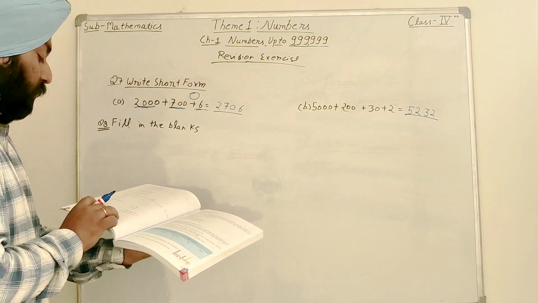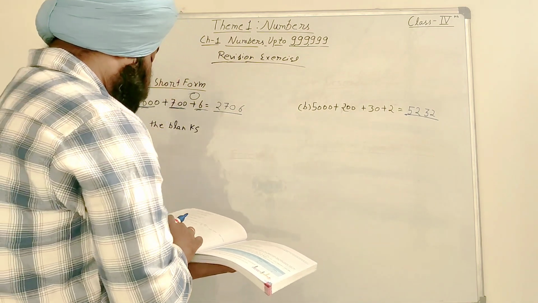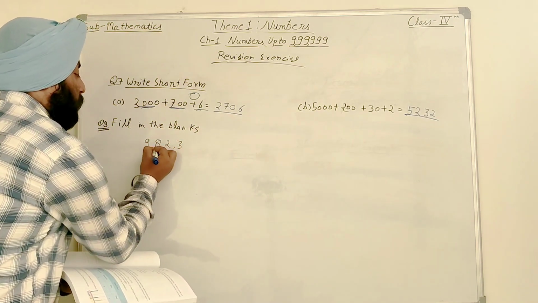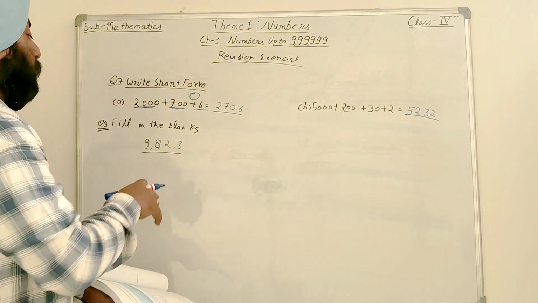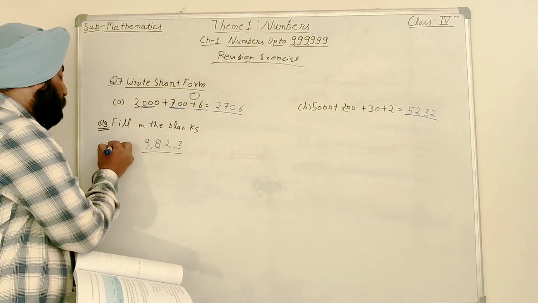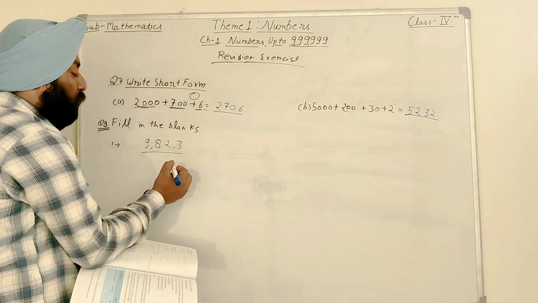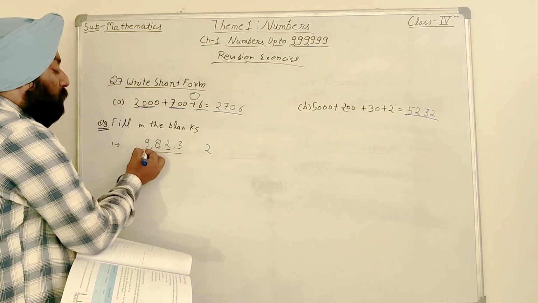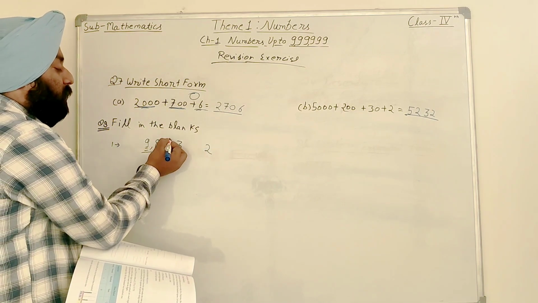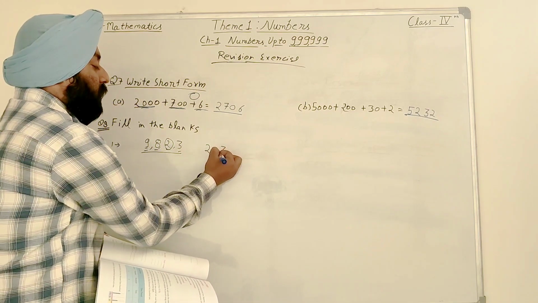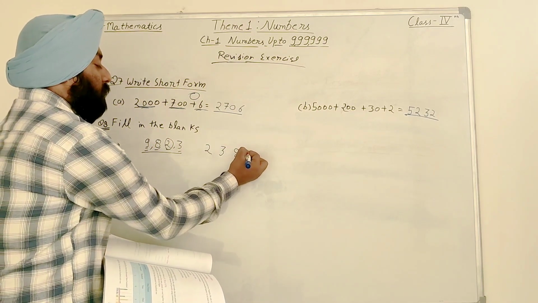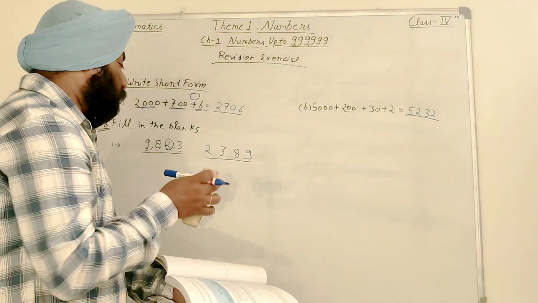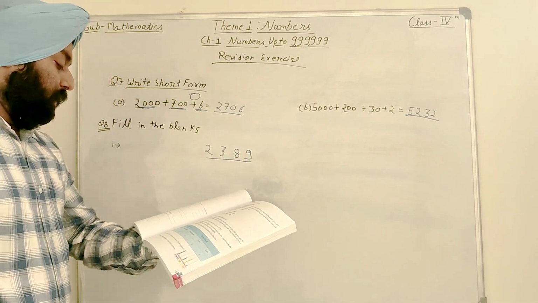The smallest 4-digit number using 9823. 9, 8, 2 and 3. We have to write down the smallest number using the 4 numbers. So what is the smallest 4-digit number using those numbers? The smallest number starts from 2, because 9 is greater, 8 is greater and 3 is greater. The smallest number is 2. Afterward 3, then 8 and then 9. This is the smallest 4-digit number using the given digits.